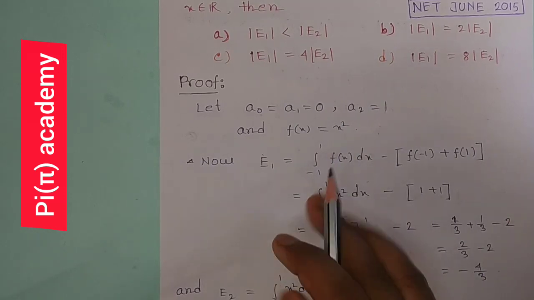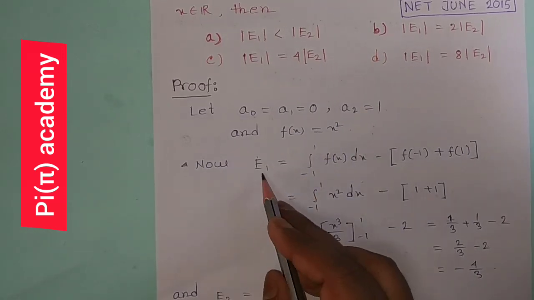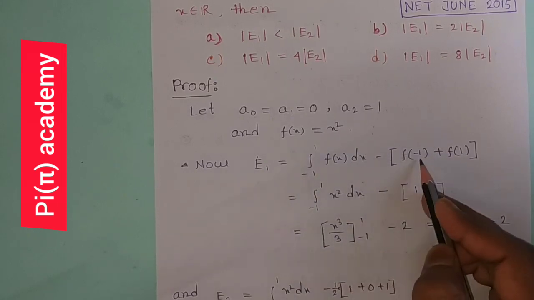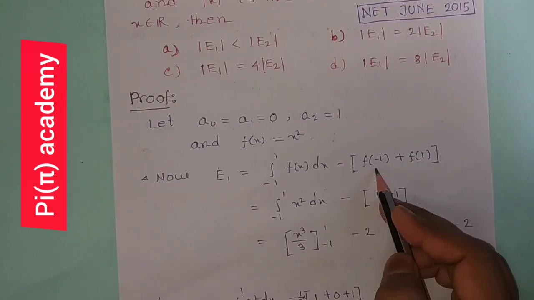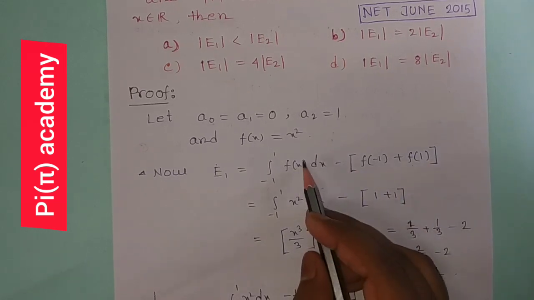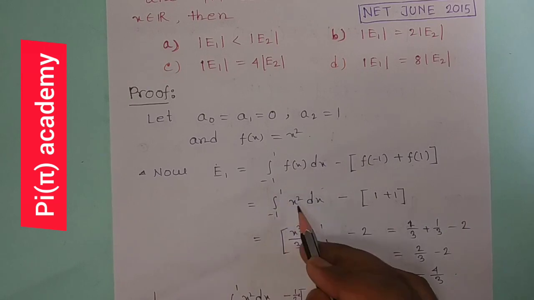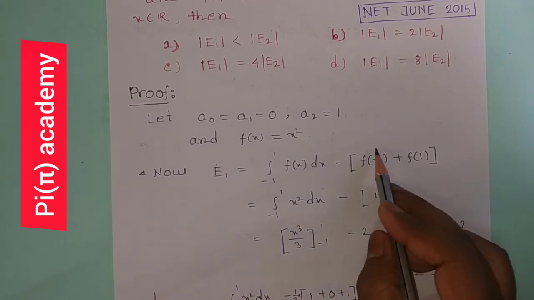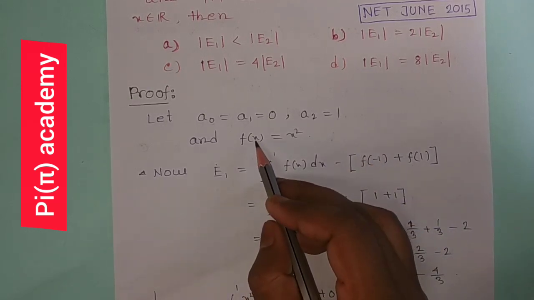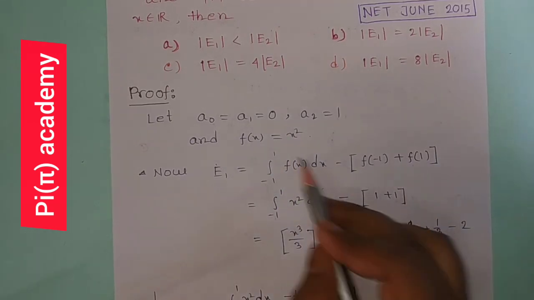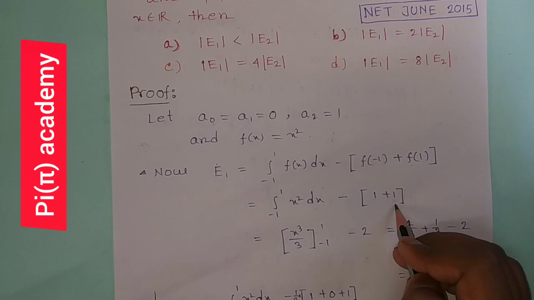Now by the definition, by the given condition, e1 equals the integral from minus 1 to 1 of f(x) dx minus f(minus 1) plus f(1), and here f(x) equals x square, therefore the integral from minus 1 to 1 of x square dx. And f(minus 1), if we put minus 1 in place of x, is 1, and f(1) is also 1. Therefore